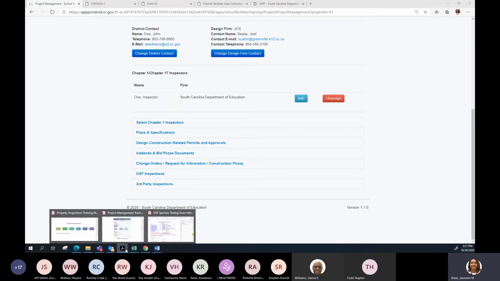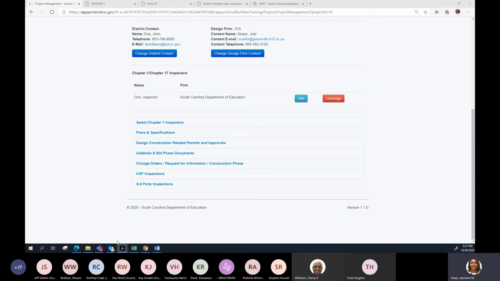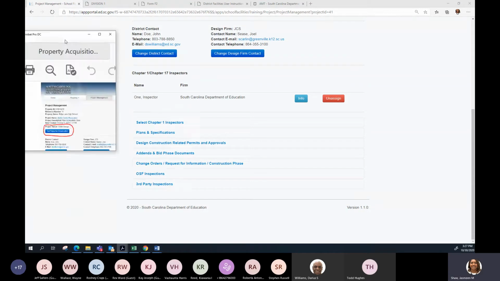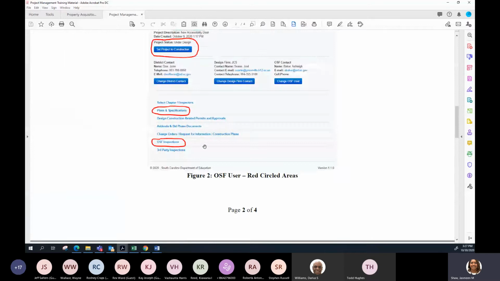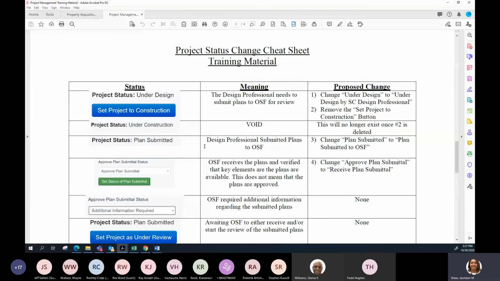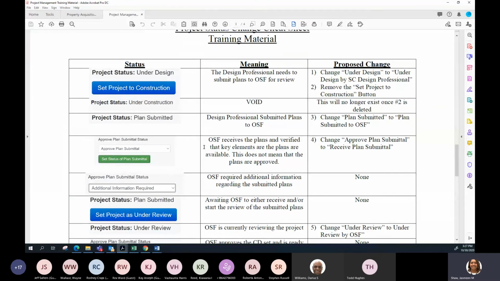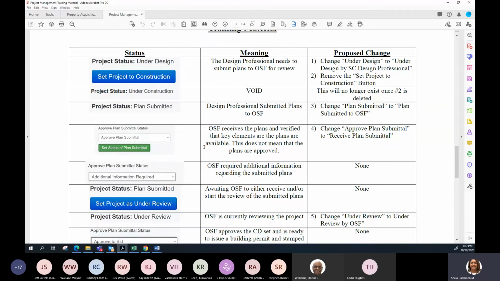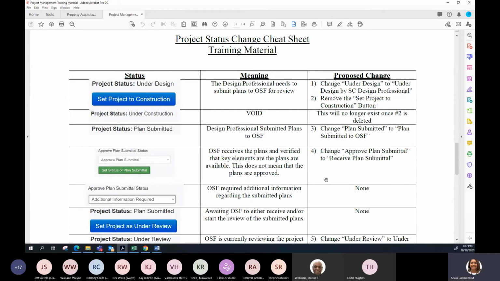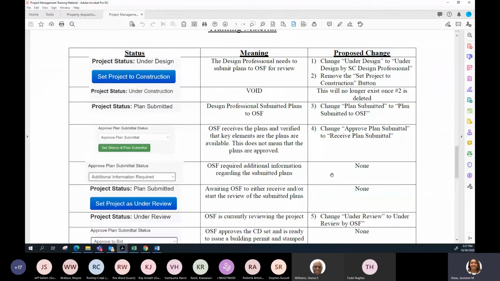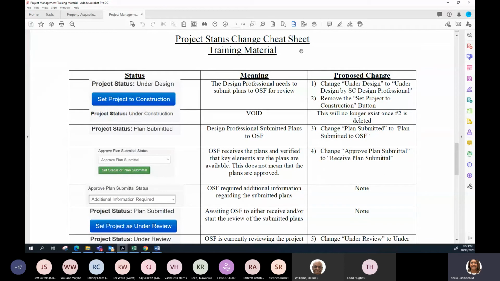So something else that I will send out as well as training material. I talked a lot about what's the status of my project. And so we have a PMO group that is working with us regarding the application, and I have identified a few areas that I would like to change when it comes to the status, so it's much clearer as to who has what and when. And so once those changes take place, I will send this out.